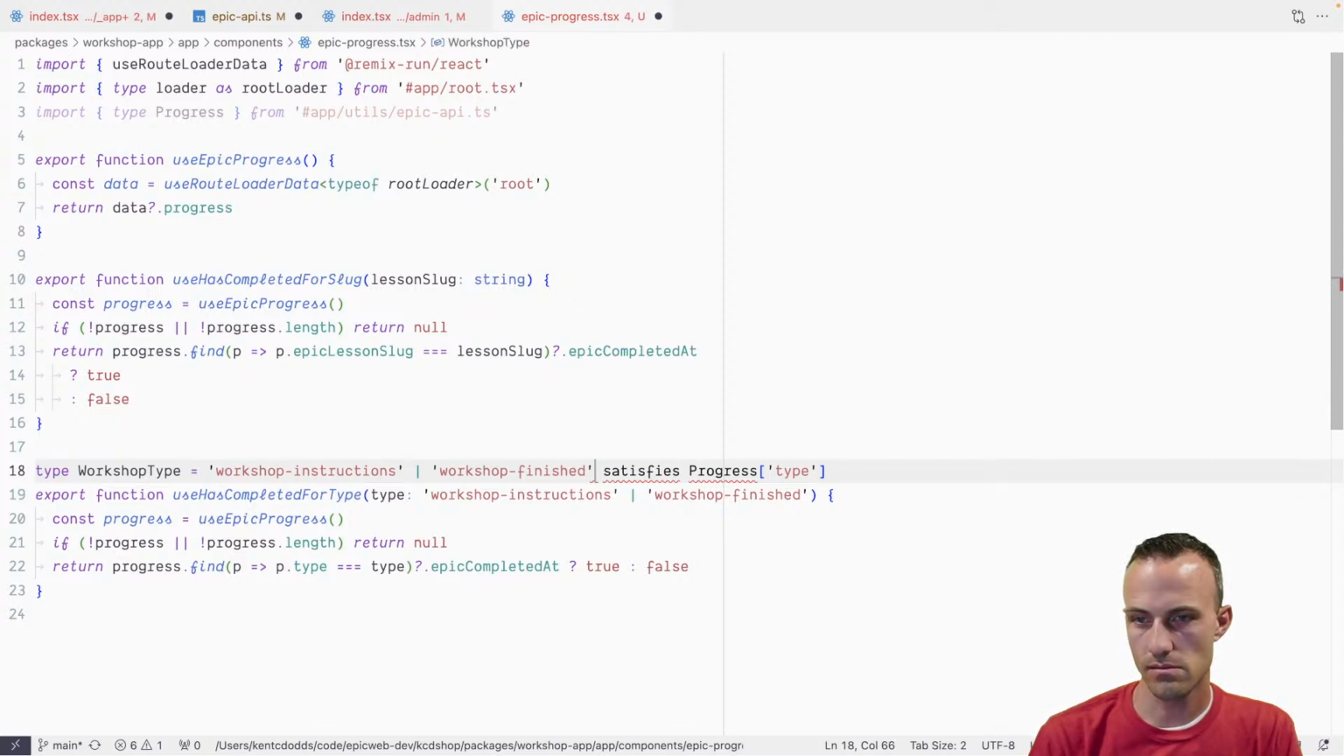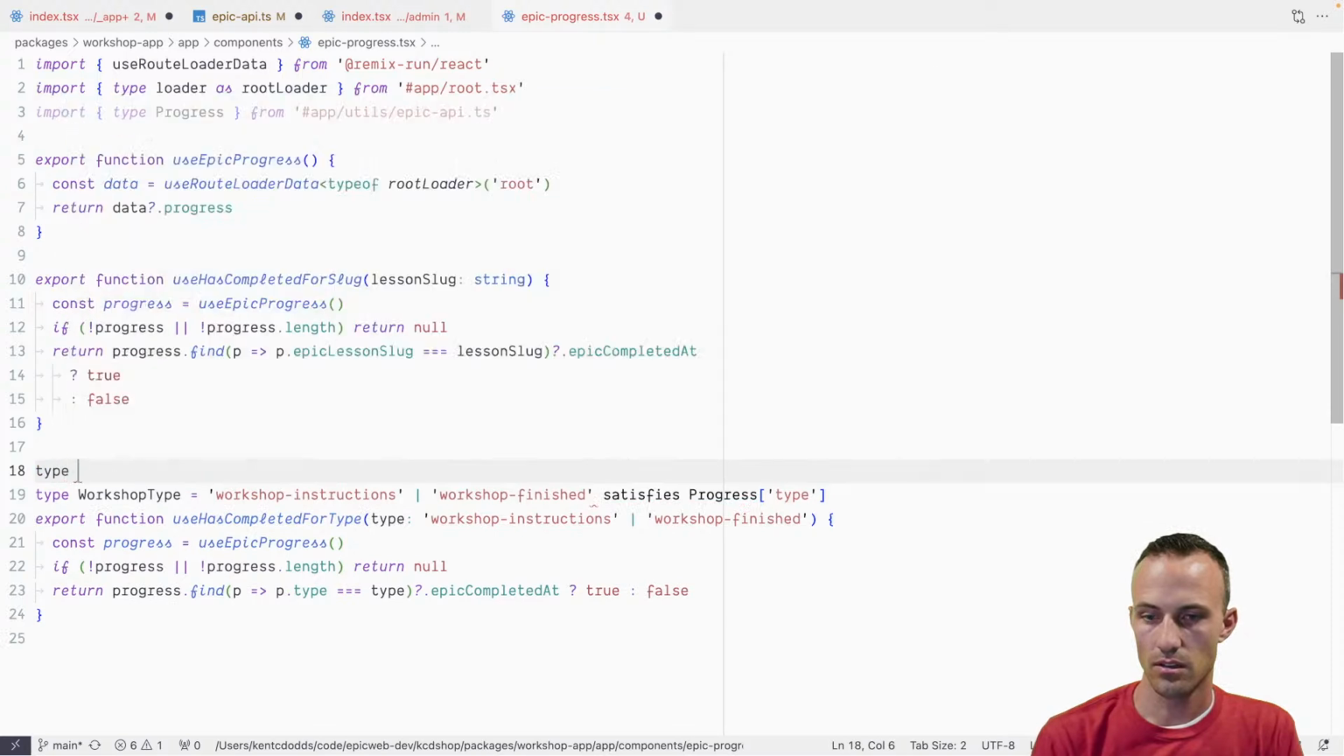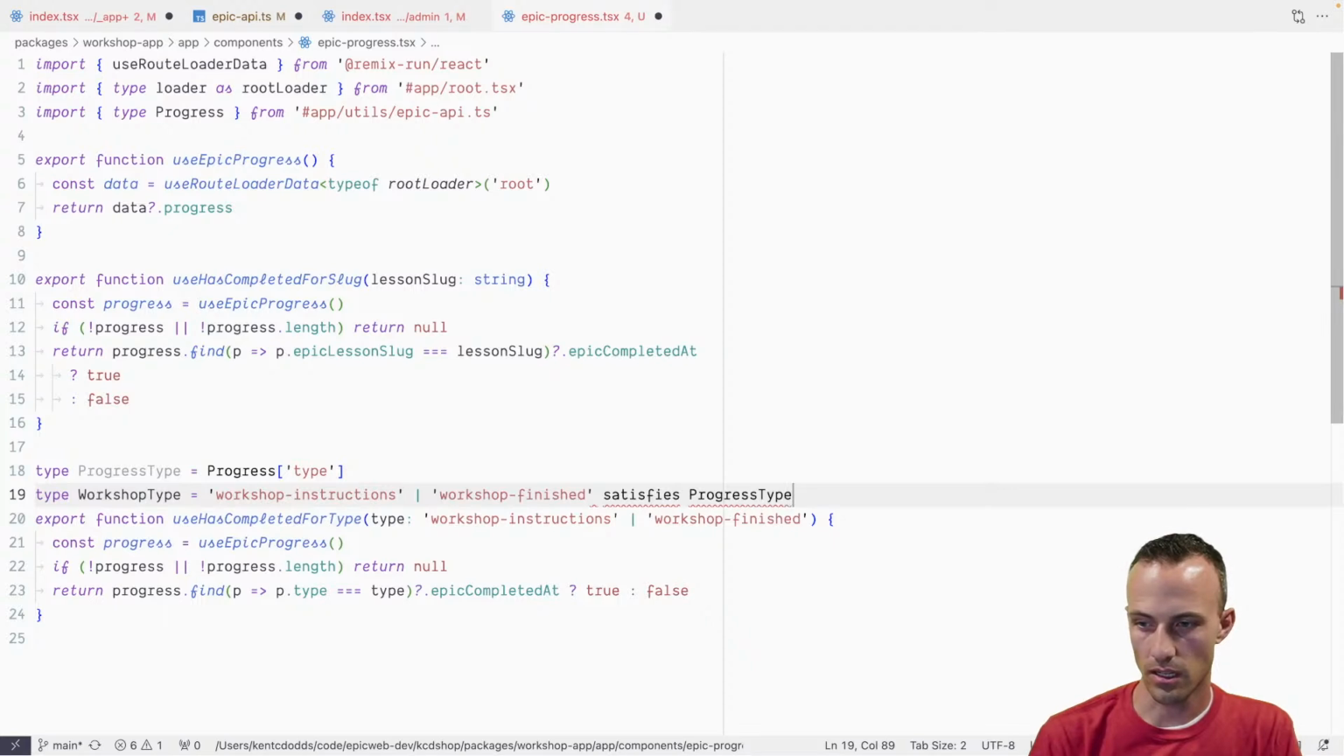How does that? I want to say it has to be one of those things. That's not going to do it. Why is that not working? I don't know how to use satisfies, apparently. I think satisfies can't apply to types. Okay, so